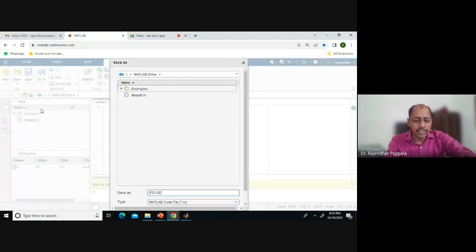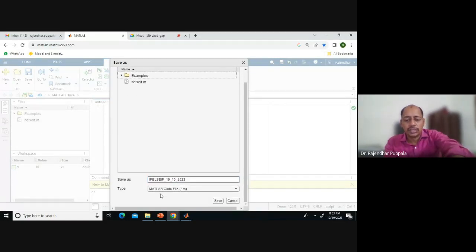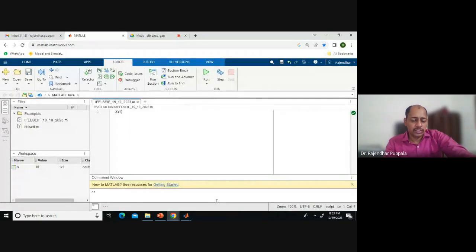if_else_if underscore, today's date is 19th October 2023. So it is saving as a .m file, a MATLAB code file. Yes, it is saved now. if_else_if underscore